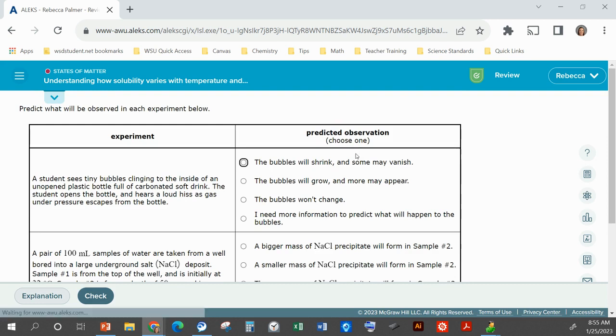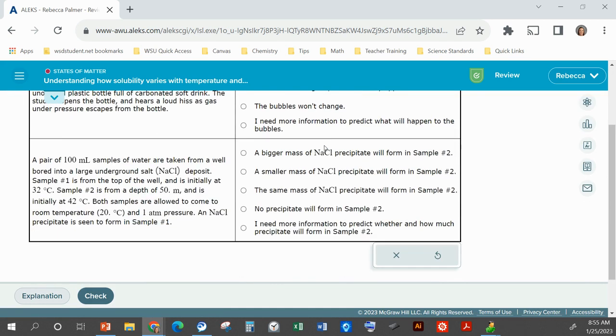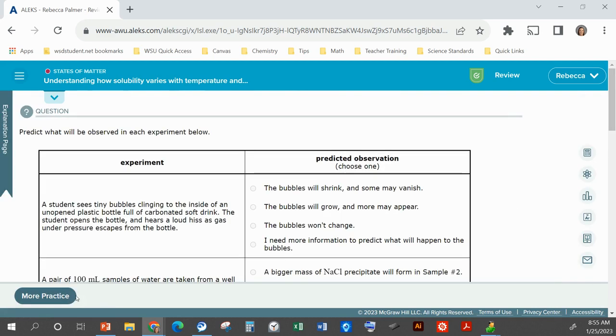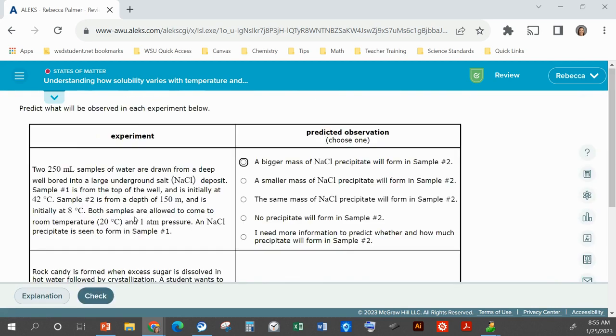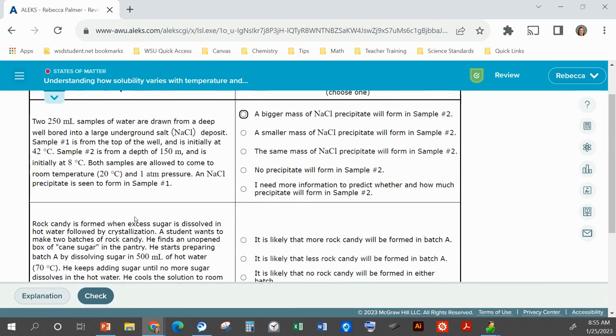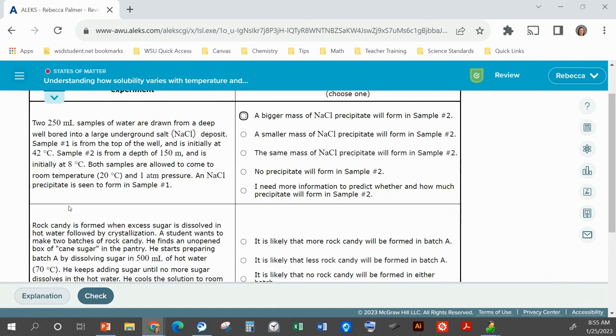There's a gas one, and then there's also a, let's just skip this one. Let's go to, there's also a solubility one. Okay, let's do this one. It says